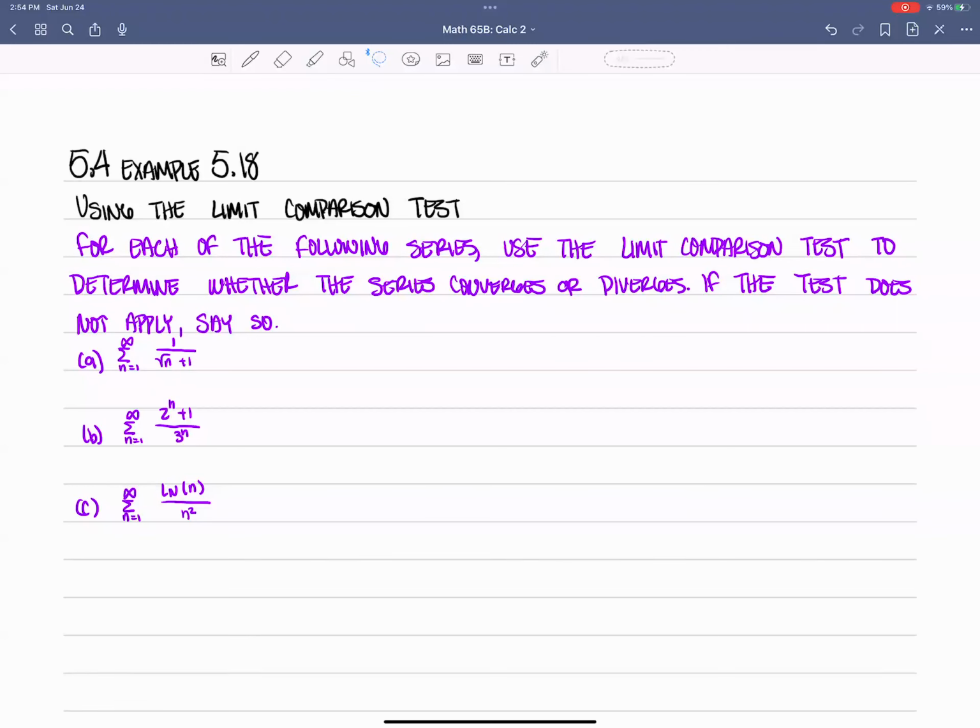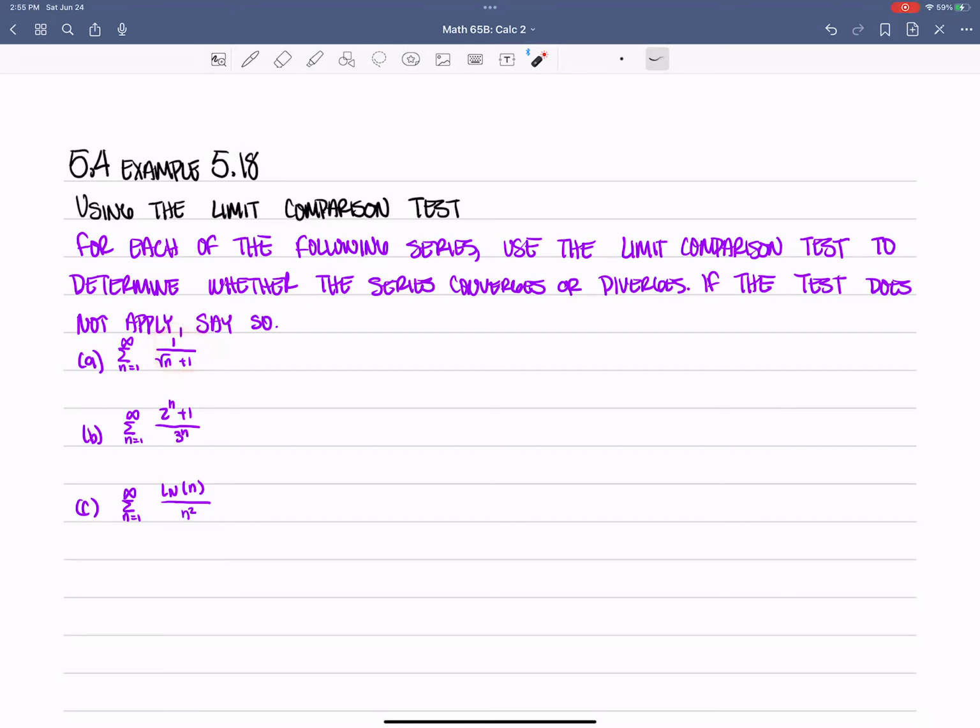Section 5.4, example 18, using the limit comparison test. For each of the following series, use the limit comparison test to determine whether the series converges or diverges. If the test does not apply, say so. All right, so what we're going to do is look for another function or another summation to where when we